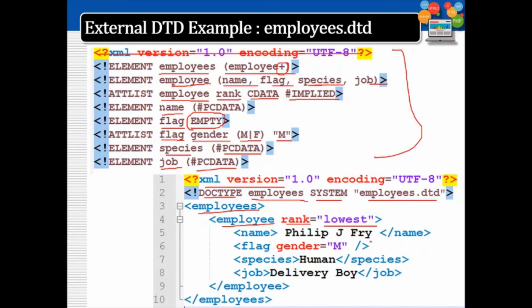It is implied; either we can give it or we can skip it. Then name, flag, which as I've shown is an empty element. So this shows how an empty element is ended. It is not a paired tag. Gender is equal to M. Gender can have only M or F values. If I give some other value, that will be an invalid XML. If you don't give any value, it will automatically be taken as M because a default value is given here. Then species, job, /employee.